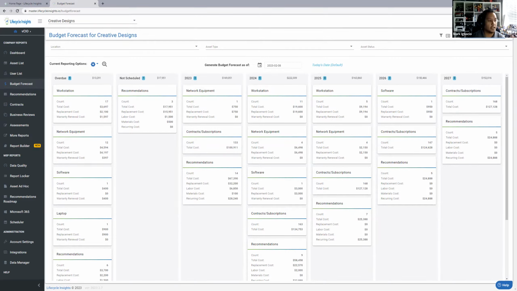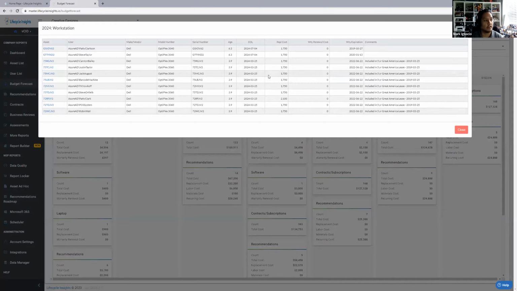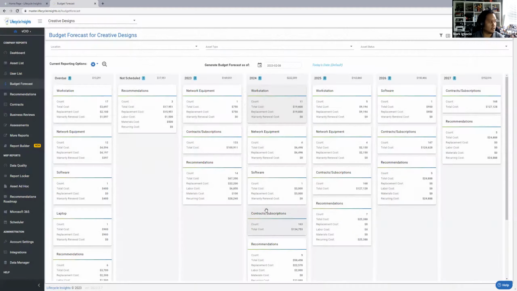Reason being, for example, this 11 workstation count. If we gave you the ability to move that, all the warranty expiration would be moved with it. And we don't want to stress you out to decipher which devices are actually on warranty and which are end of life. You can do a movement in the recommendations board.